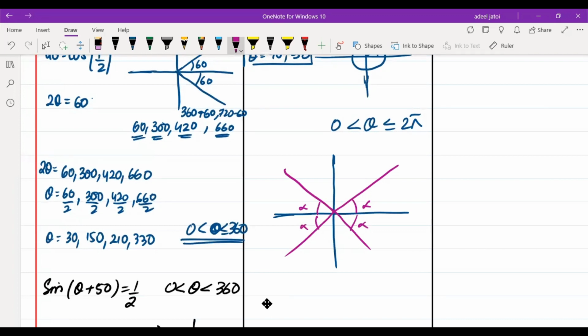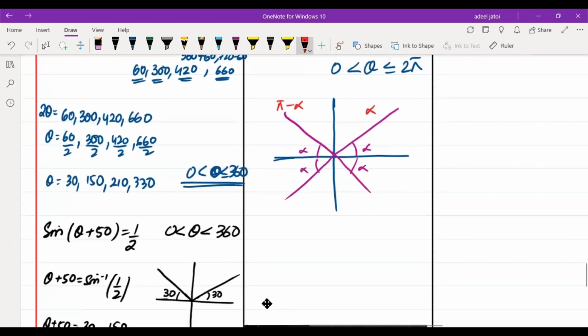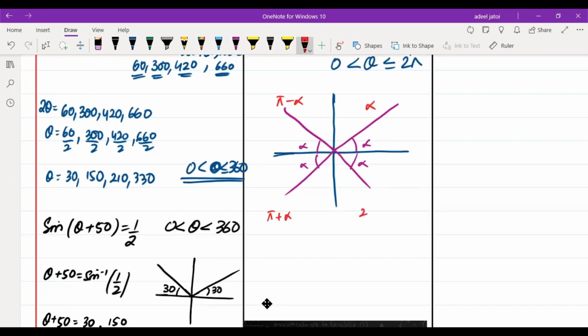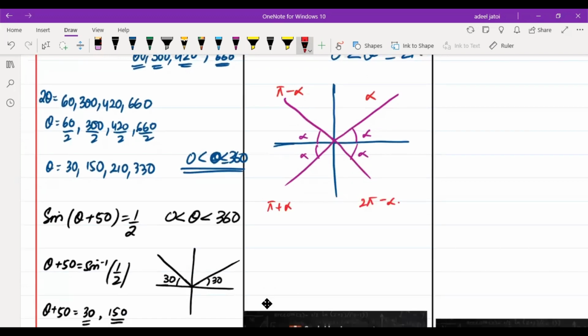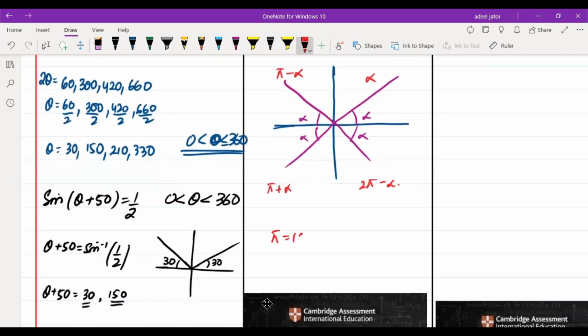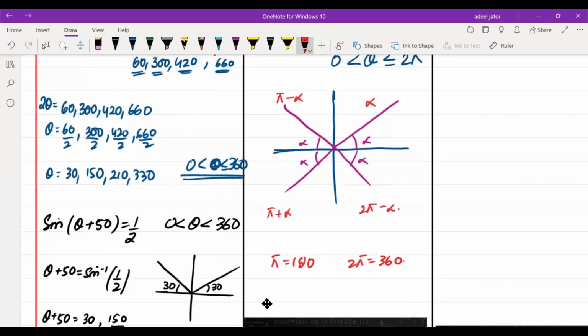So what are your answers here? The first quadrant answer will be alpha itself, because alpha will give you the basic angle. Your second quadrant answer would be pi minus alpha. Your third should be pi plus alpha, and the fourth should be 2 pi minus alpha. This is your normal. That means your pi is 180, and your 2 pi is 360. So if we just look into this and we know that the domain is from 0 to 2 pi,